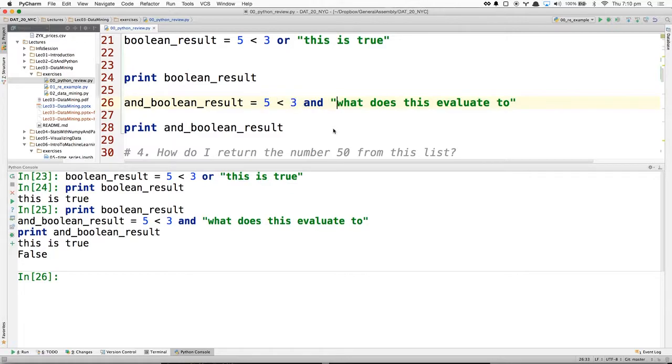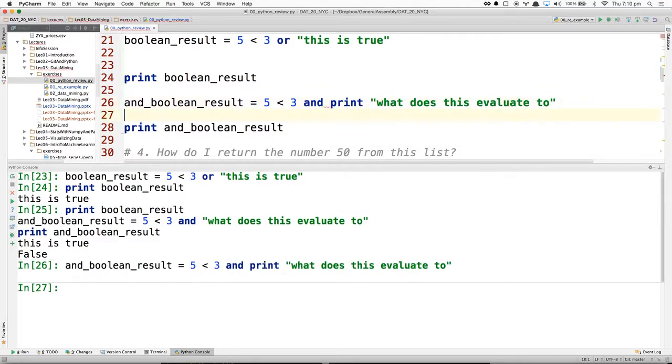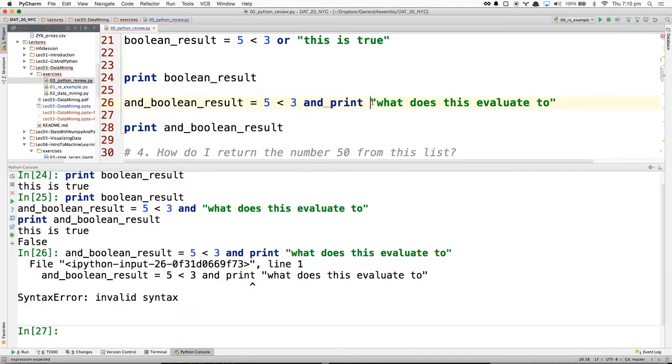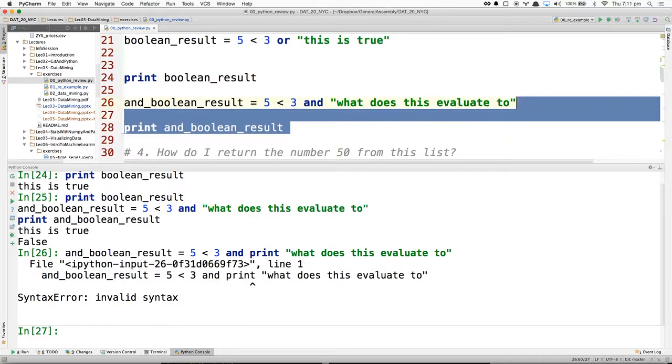Yeah. So does it ever reach this? In other words, if I put a print statement here, well, I guess it'll complain, but it'll actually never evaluate the second string here. Because this is false, it doesn't need to evaluate anything after it. If it's an AND, it just optimizes and says, if any of the operands of an AND operation are false, then the whole thing is false, because it's an AND. And so it doesn't actually bother to print this, or actually even consider this line here. Okay.